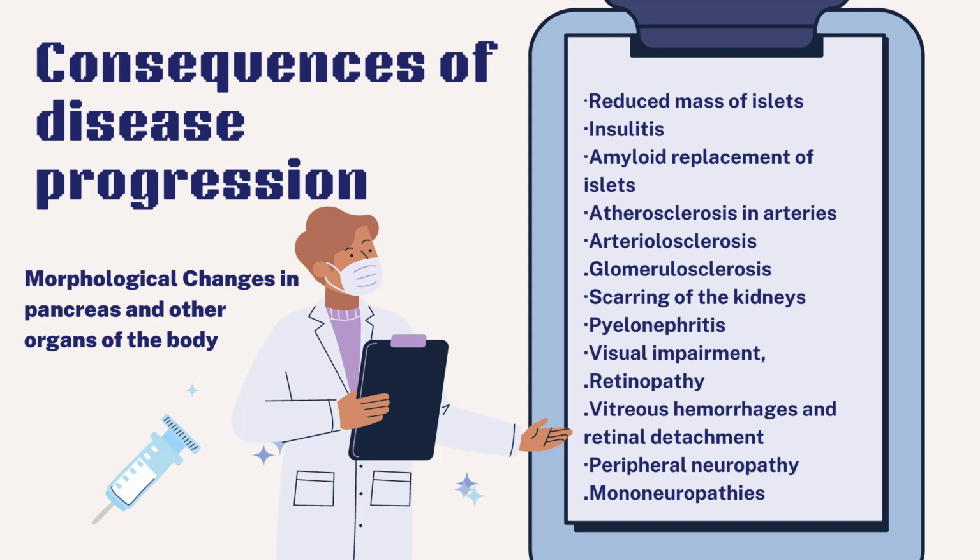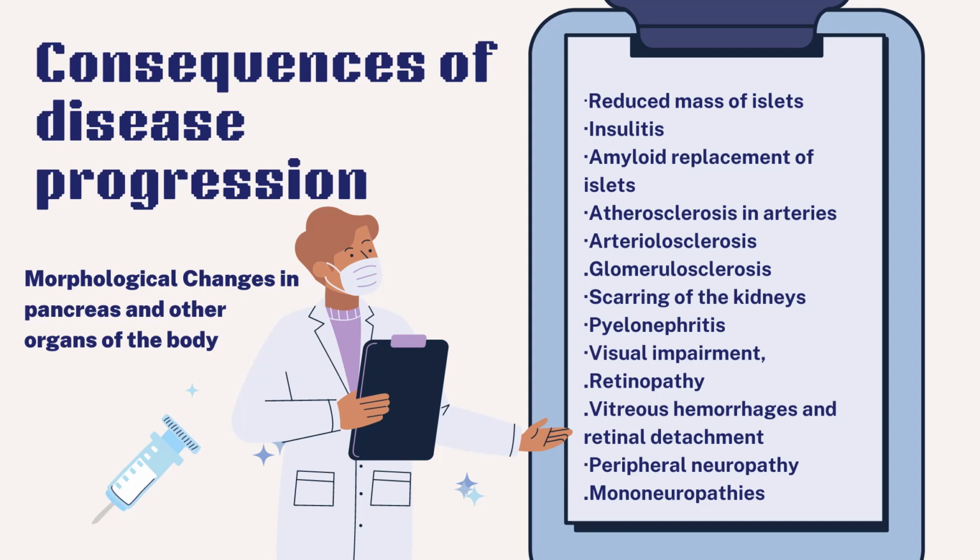Retinopathy may be of two types, proliferative or non-proliferative. In non-proliferative retinopathy, retinal hemorrhages, exudates, microaneurysms, venous dilations, and thickening of the retinal capillaries may occur. The proliferative retinopathy exhibits neovascularization and fibrosis. Vitreous hemorrhages and retinal detachment may ensue.